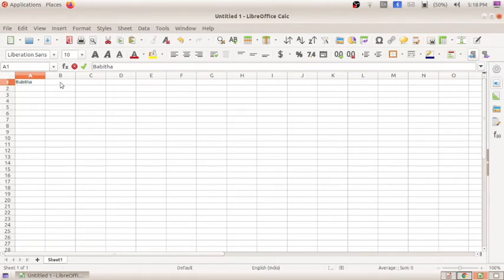Before typing or doing any particular activity, if you want to write something in this cell, we have to place the cell pointer here so that it will get brightened, so that it will get bold. Then only we can write things. Here if I write Aaron,